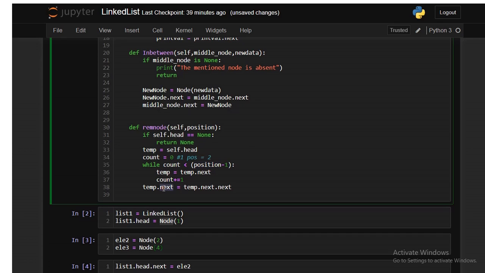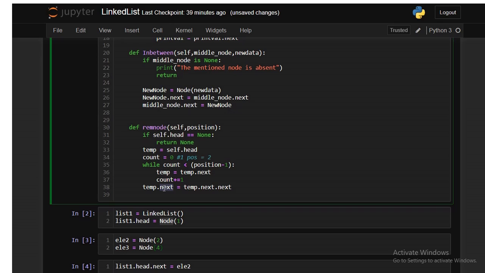Then I will reference the existing node's previous node, that is temp.next, to temp.next.next. So what I am basically doing here is, the node which I want to delete is referenced by another node, that is, the ith node is referenced by the (i minus 1)th node. Now I am referencing the (i minus 1)th node to the (i plus 1)th node instead of node i.